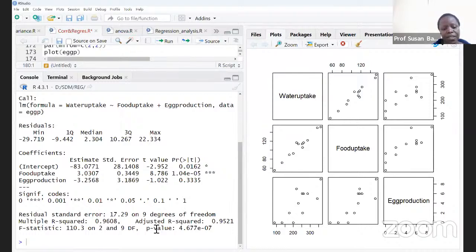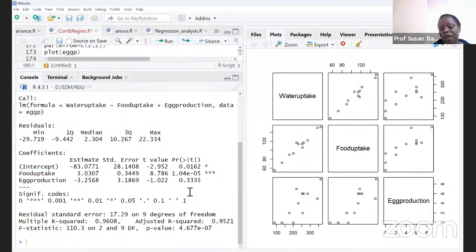Adjusted R-squared: I told you when we are doing multiple regression, let's look at adjusted R-squared because it adjusts for all these parameters added in the model. It shows that 95.2% of the variability in water uptake has been explained by the regression model. It also gives us an F value on 2 and 9 degrees of freedom and a p-value. So overall, it shows us that there is a significant linear relationship between water uptake, food